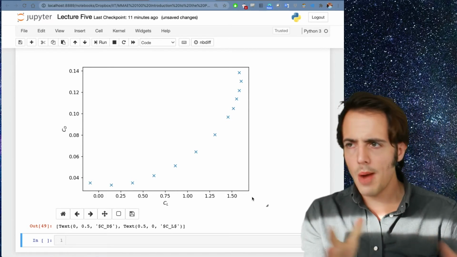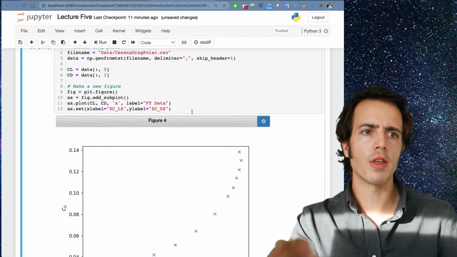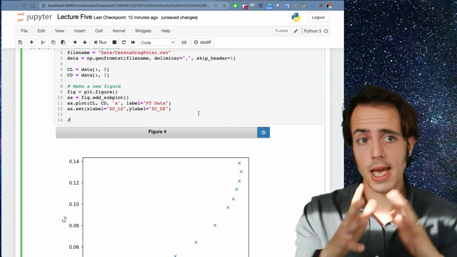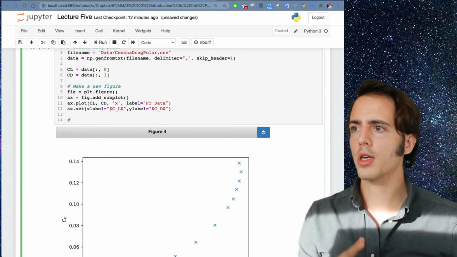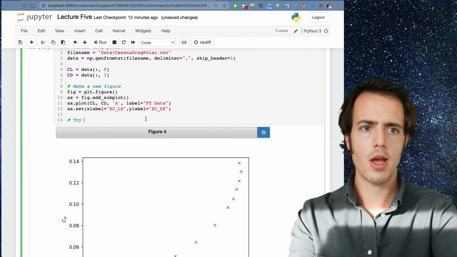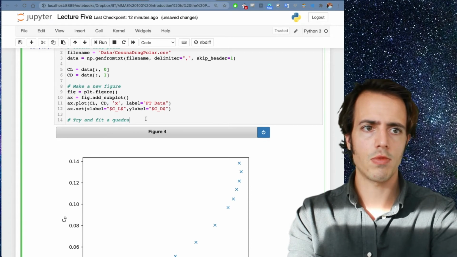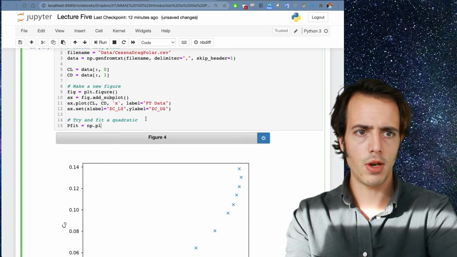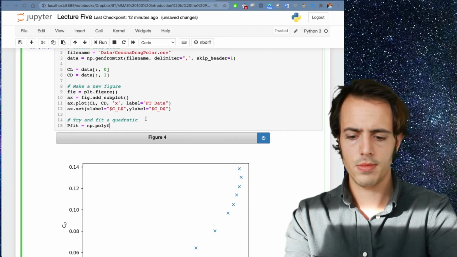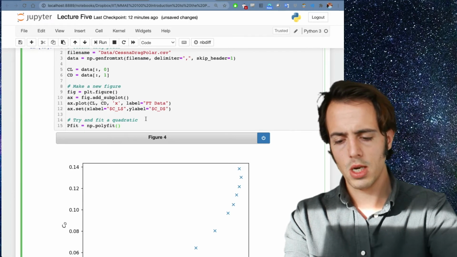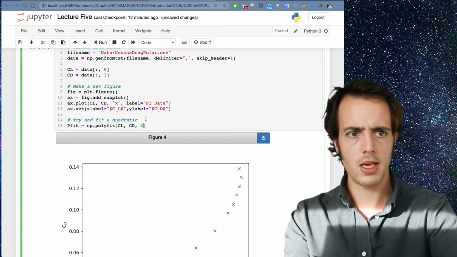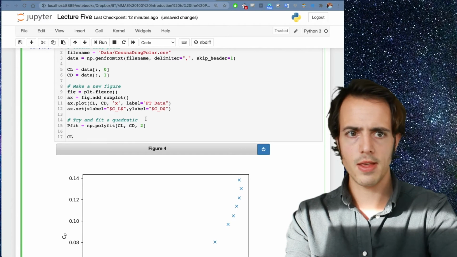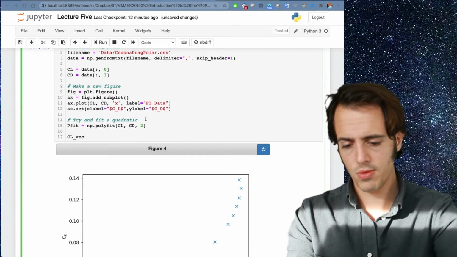So what happens if we try and now fit a polynomial through these? Well, let's give it a go. So we'll try and fit a quadratic through here. We can see that it's got some sort of quadratic curve to it. So I'm going to try and fit a quadratic. So pfit is equal to np.polyfit. And then it needs to be CL, CD, oh no, it's got to be of order 2. And as before, I'm going to say CL vector, which is the vector of values that I want to try